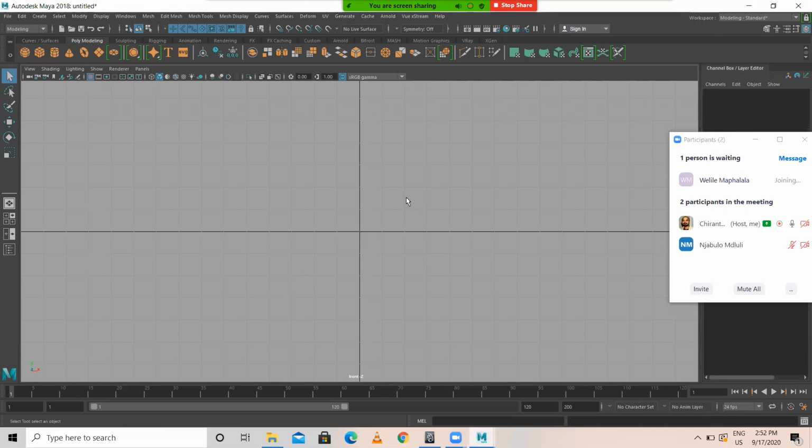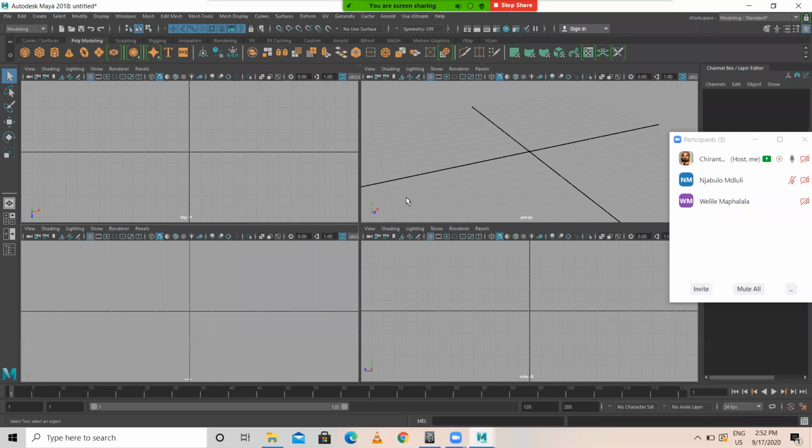You have to come to front view to import the image. Okay, so the next step is how to import an image.